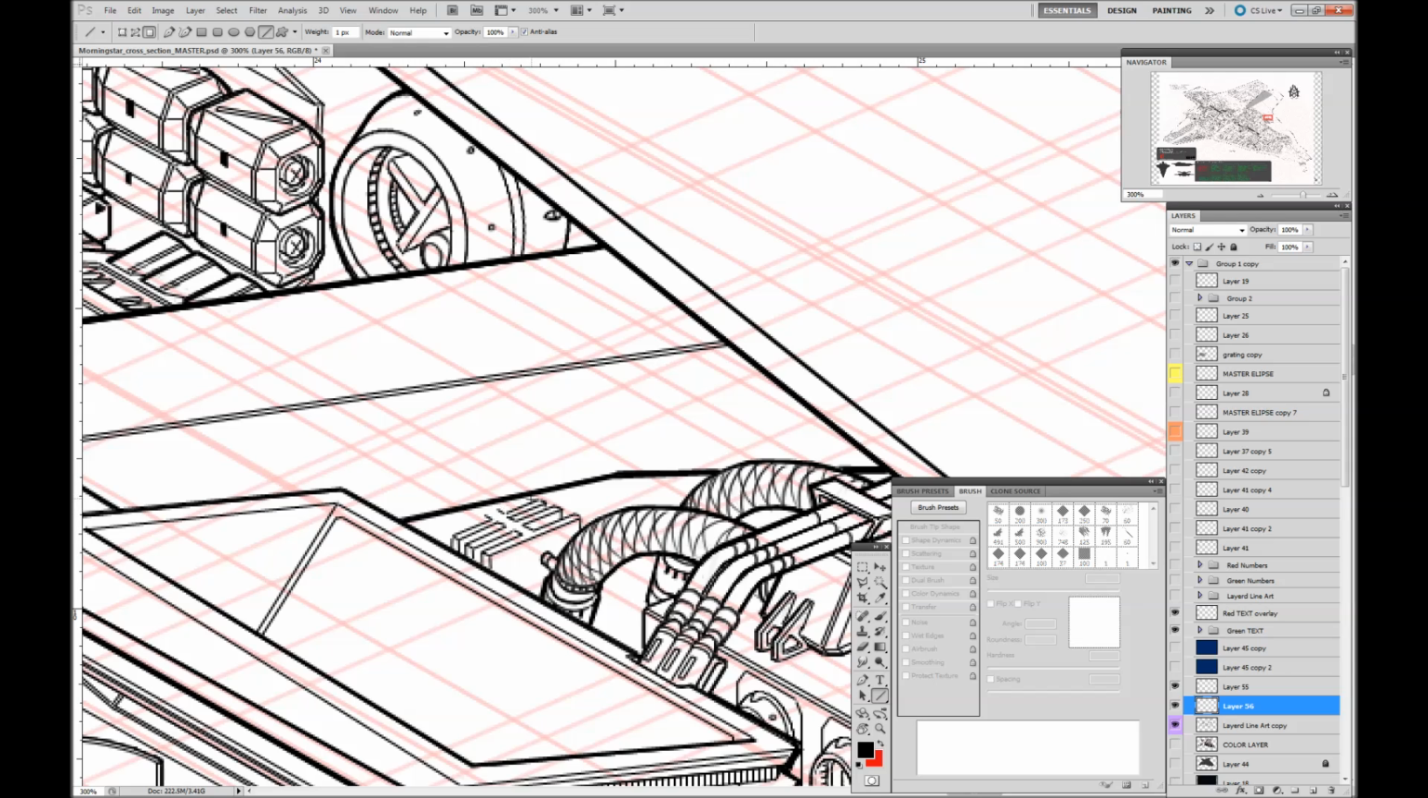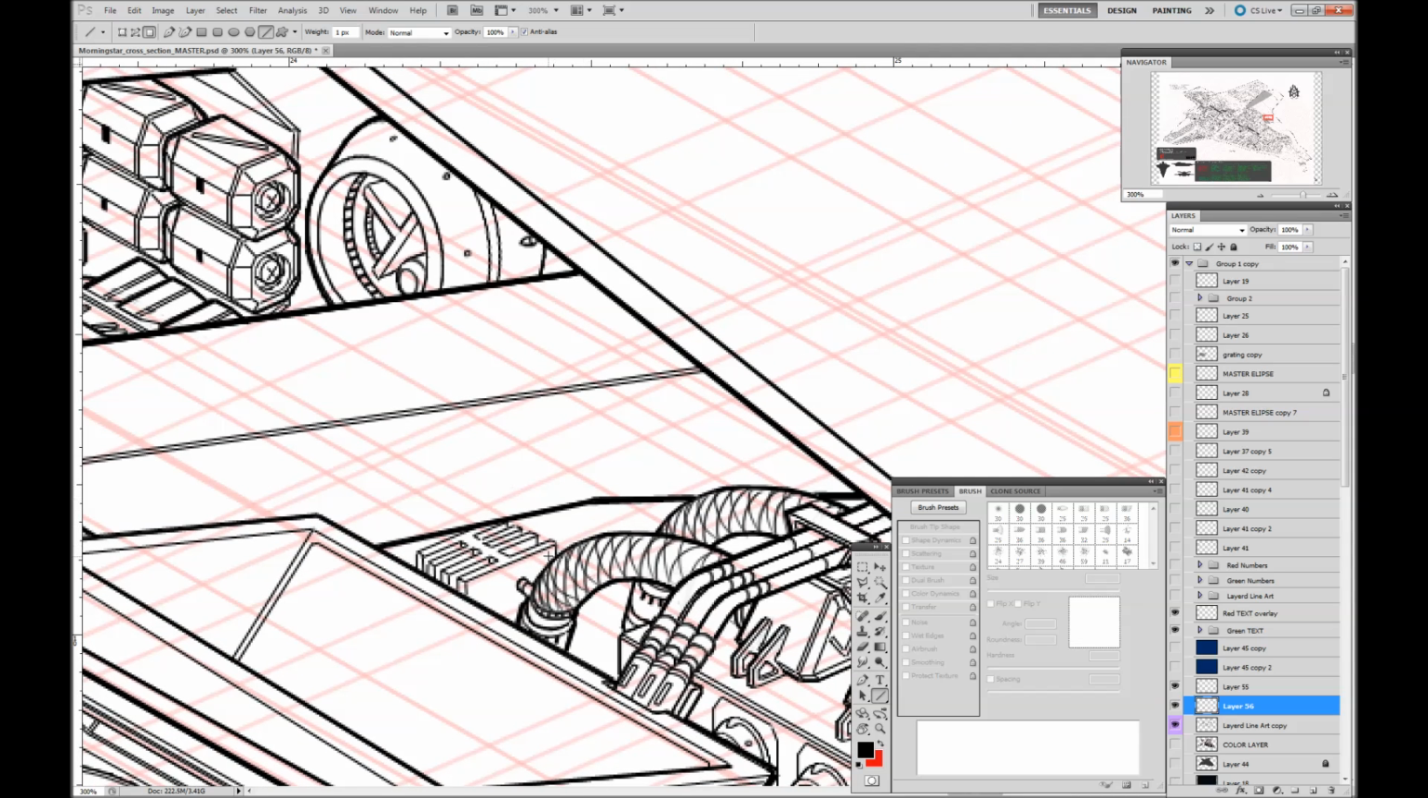So, oops. And then I'm going to erase this part here. Do that again. Oops. Corner piece in there, and then maybe